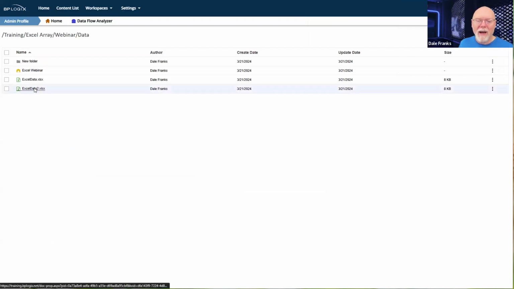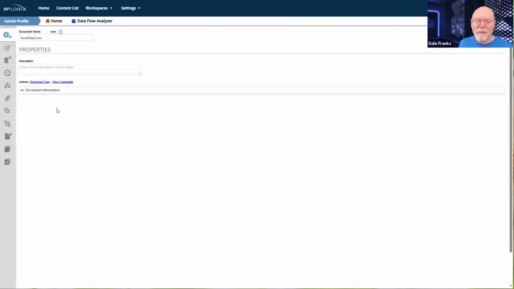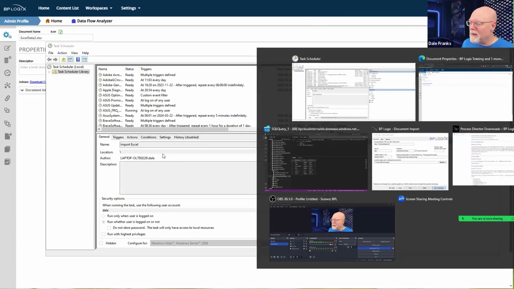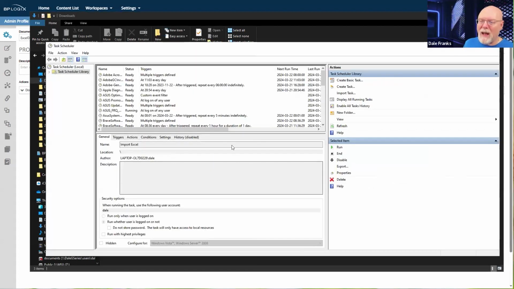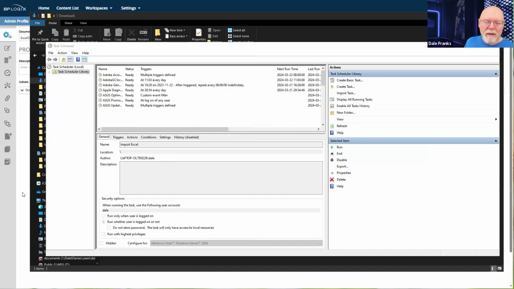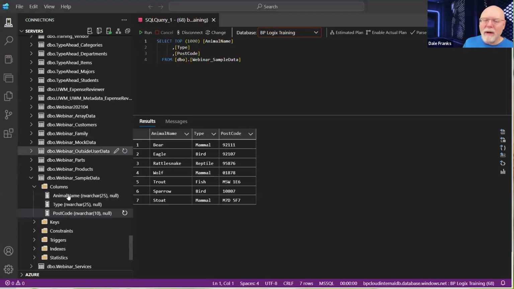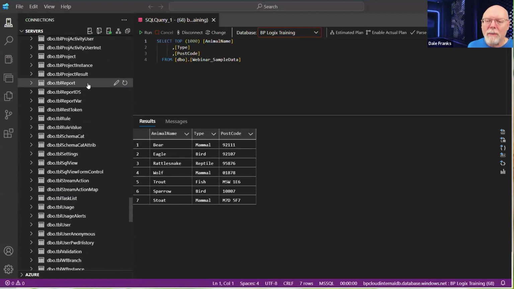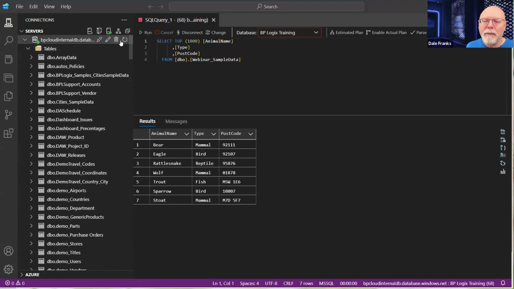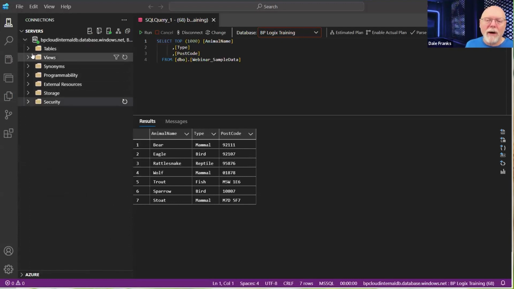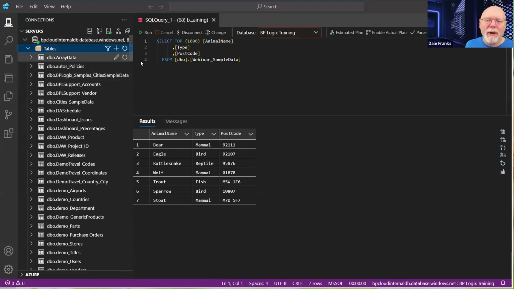There we go. I got Excel Data 2. I'm happy with that. It's Excel Data 2. And what did I name the tab? I think I called it bad data, right? So let's go into Azure Explorer. Let me refresh my database. I've got to go all the way back up here to the top, hit refresh, go back to tables. And now I should have a DBO.